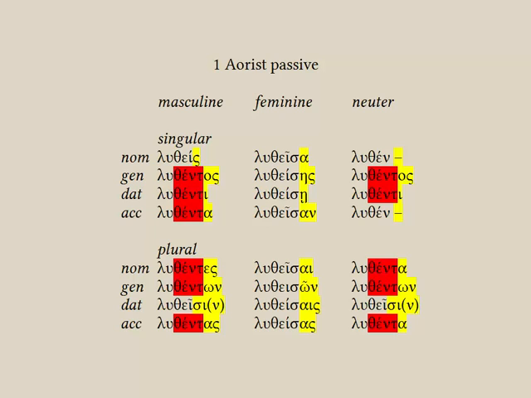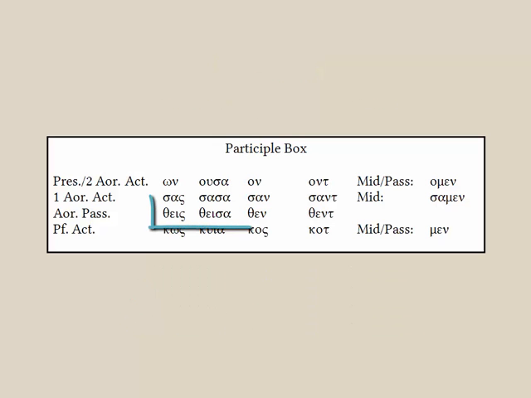Now with the aorist passive, we're back to a nu tau participle paradigm and 3-1-3 endings, and it may look a bit more challenging at first, but as you walk through it, you see that we have exactly the same features as in the other nu tau paradigms. And now the stem formative is thent. Again, the nominative singulars and the feminine stem change are the odd bits, but we've seen the same features in the other paradigms. So again, if you learn thes, thesa, then, thent, you have all these features, so you can